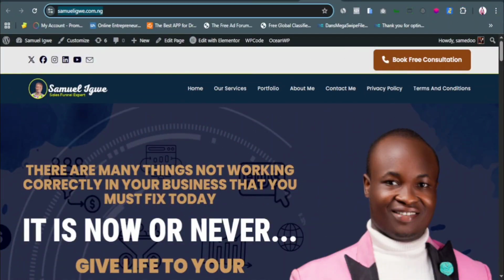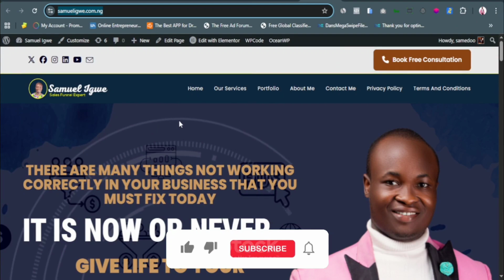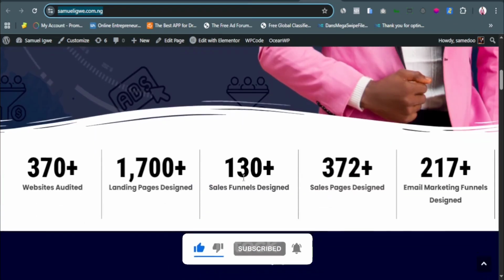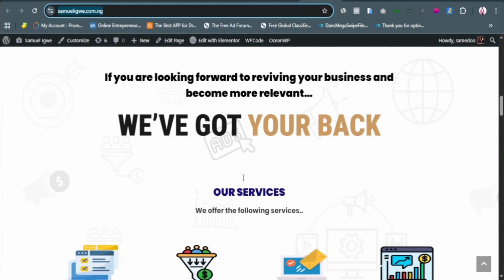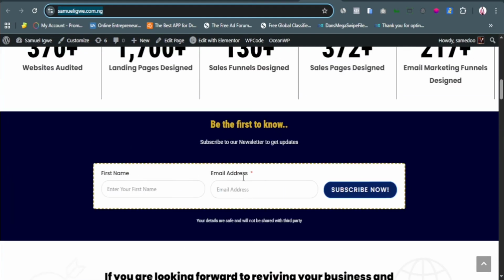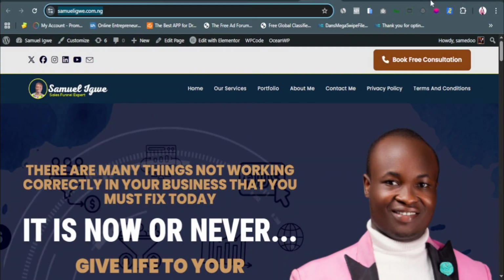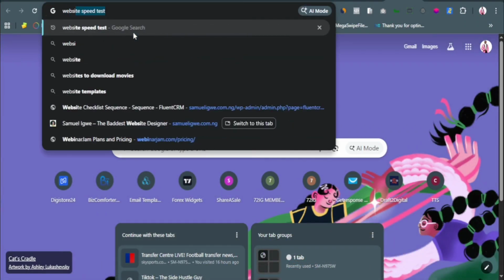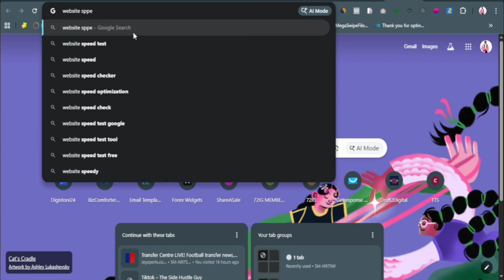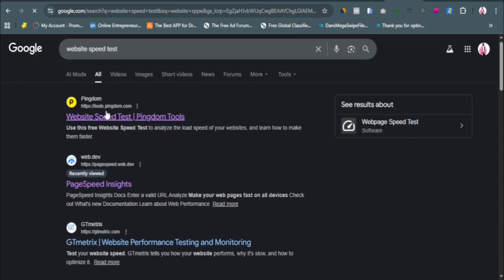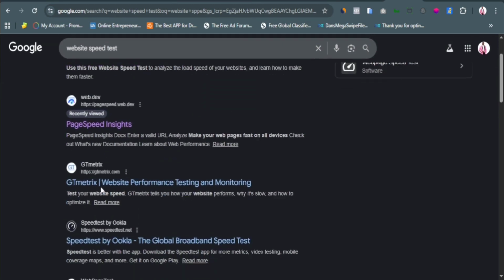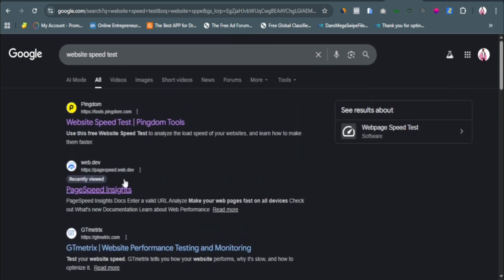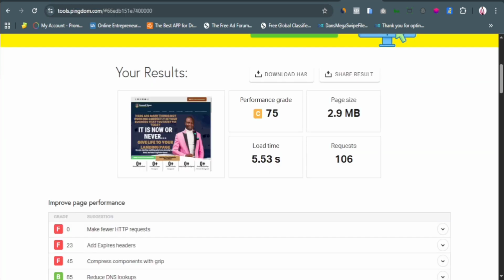All right, so from here now, we're going to use my website here as a case study for this speed optimization. Now, before we begin the speed optimization, there is one thing you need to do first. You go to Google and search maybe "website speed test." If you search for it, you're going to see many websites that you can use to test the speed of your website, right? So I already opened two, this one and this one,